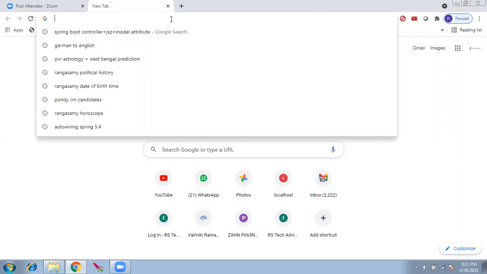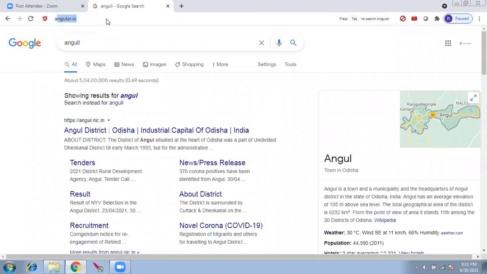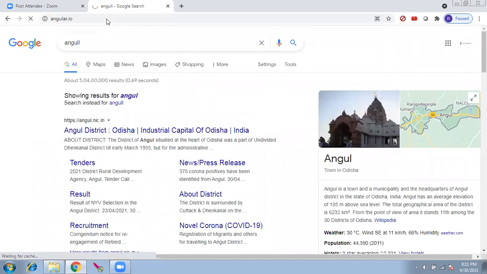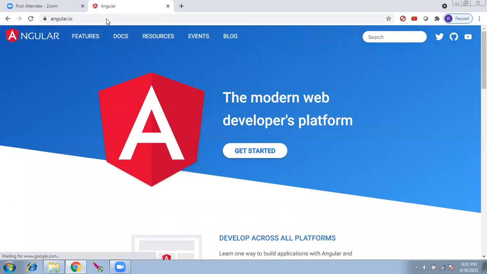The framework which we saw yesterday, we'll quickly go through and I'll give you an overview of what it is. So let's go to angular.io. By the way, next week or so, I'll be taking a separate session on Angular. Not here, but I've been taking other trainings, right? There is something which I've been circulating on my FB profile and my training page. Angular itself will take like 40 hours.